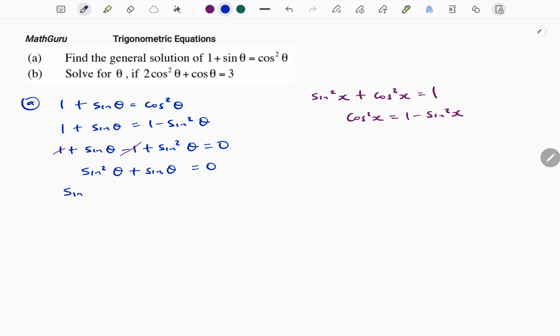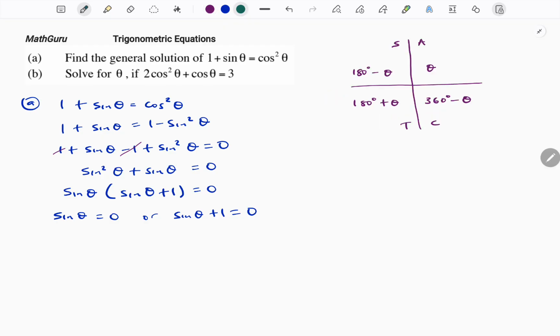Taking out the common factor, which is sine theta, I'm left with sine theta times (sine theta plus 1) equals 0. So we have sine theta equals 0, or sine theta plus 1 equals 0. So what we're going to do now is to solve each equation separately, and then we combine our answers at the end. So I go back to my CAST diagram, and starting with sine theta